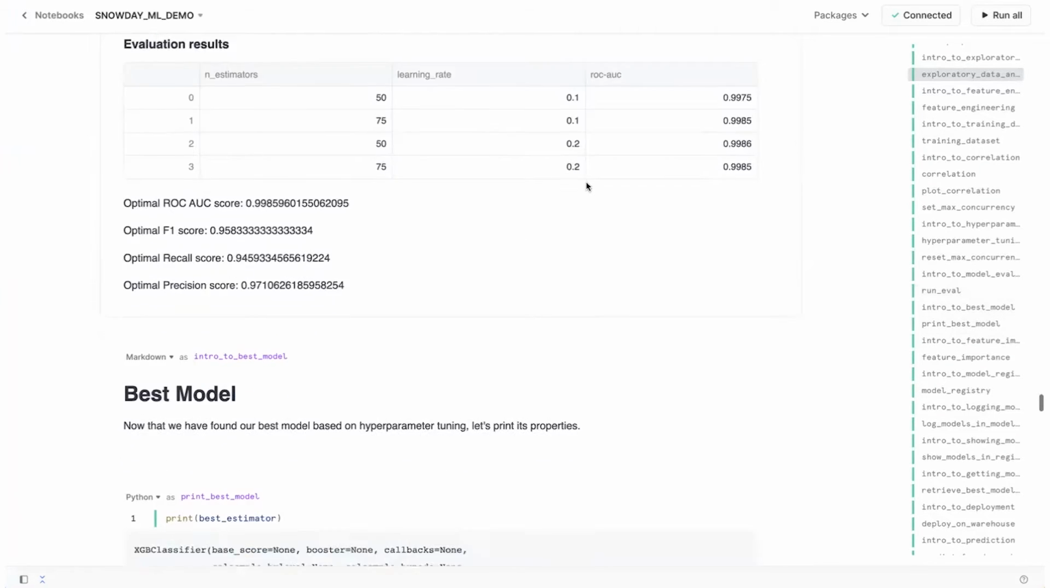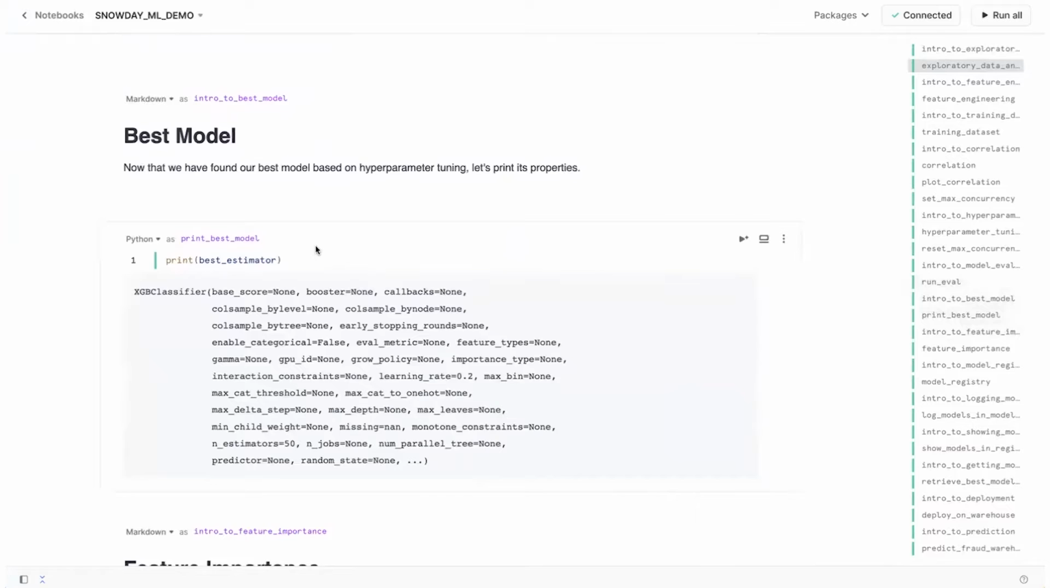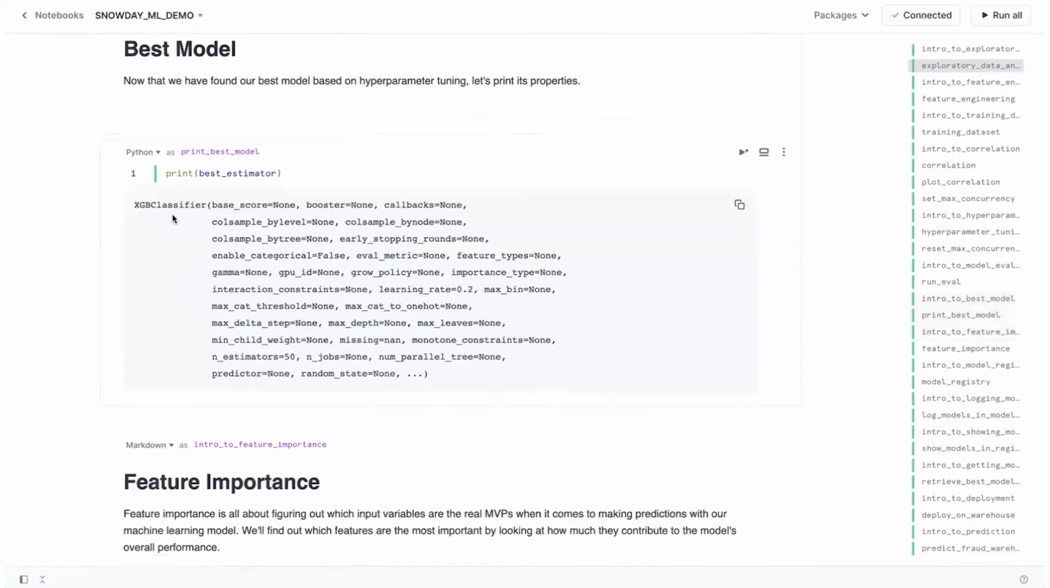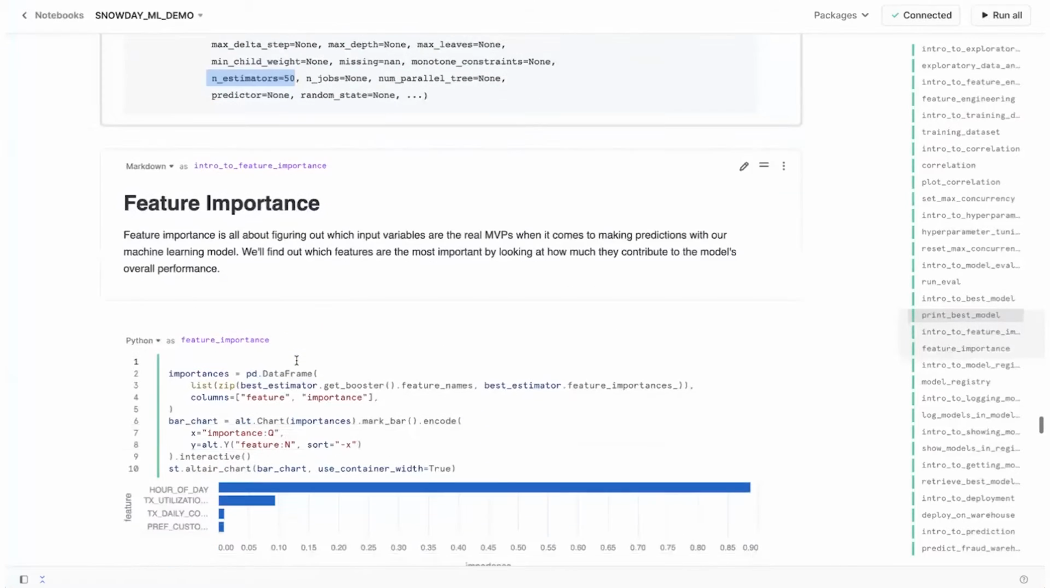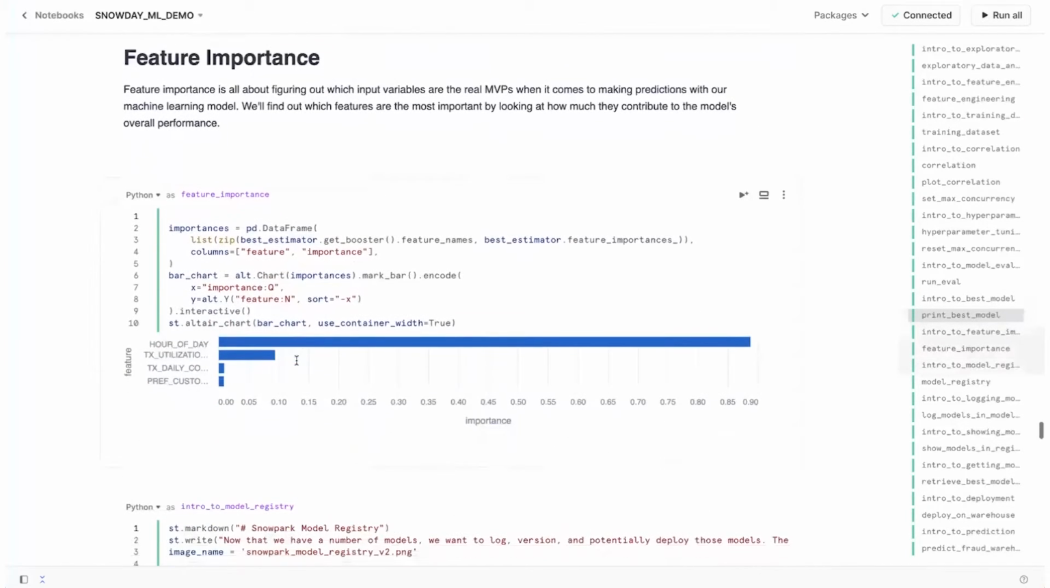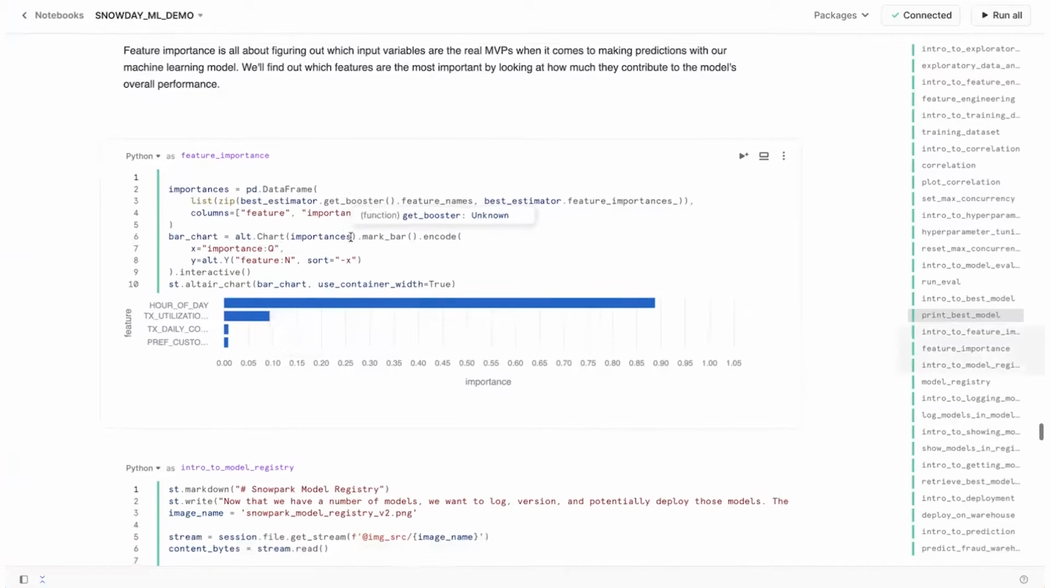best number of results. Now we can also print the best model, and from all this hyperparameter tuning, we see that the XGB classifier with a learning rate of 0.2, as well as the number of estimators 50, was found to be the best estimator. We can also plot the feature importances, and it seems that based on this data set, the hour of the day when the financial transaction is happening seems to be the best feature to predict if any fraud is happening